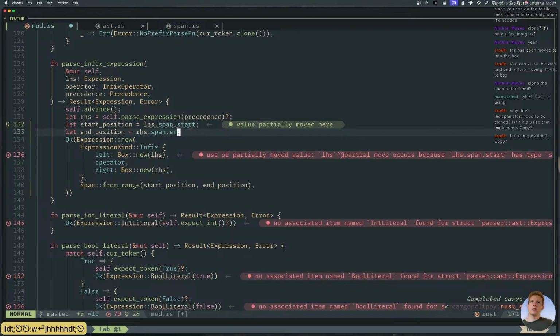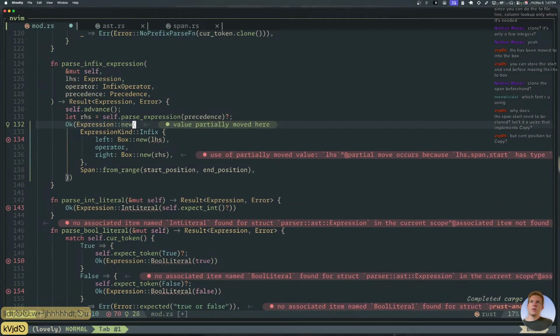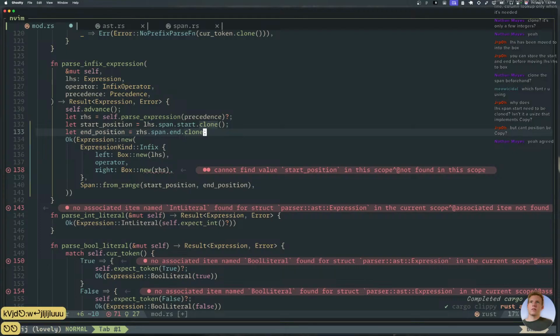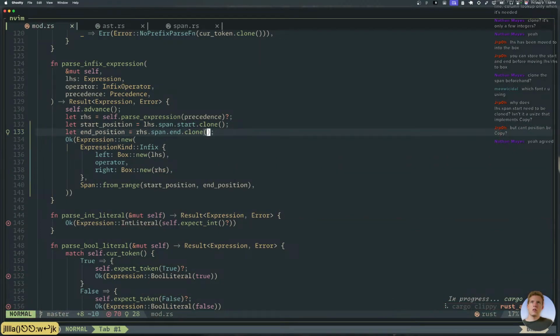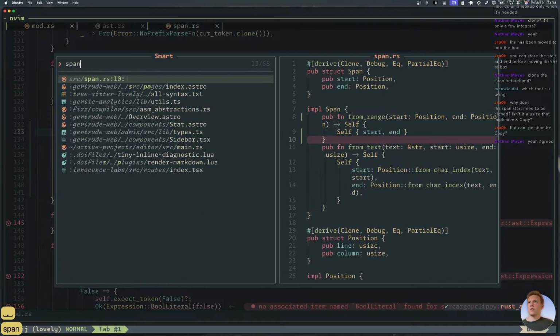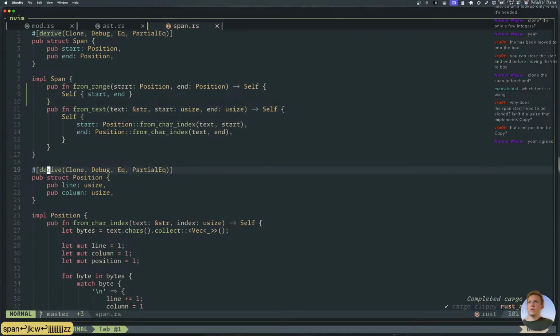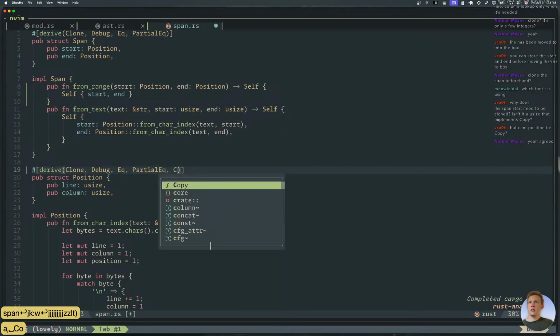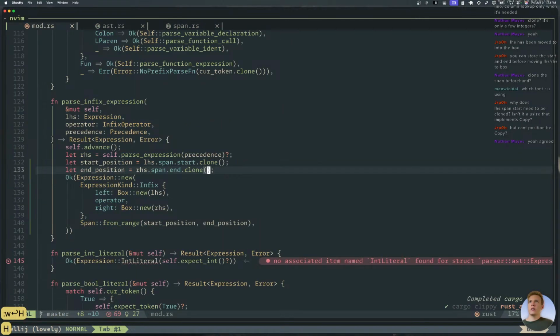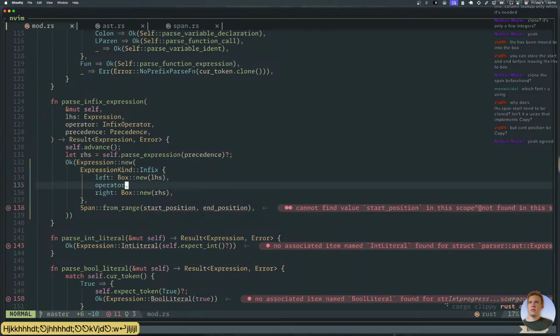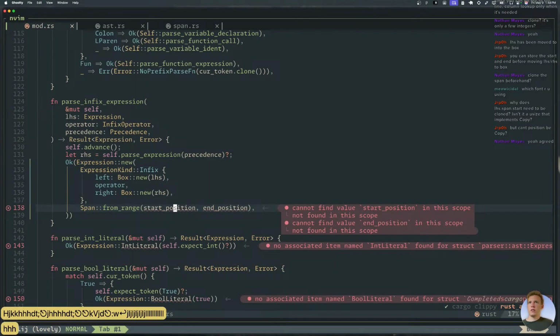Joink. Wait, then we could just do this. Well, first let's stick with this. And then go to... what is this? Span. Alright, this should be Copy. Okay, and then go over here. Get rid of both of these. And then we don't need this anymore. We can just do...